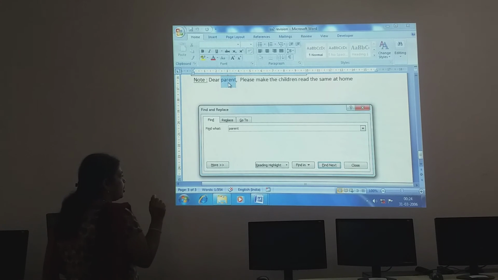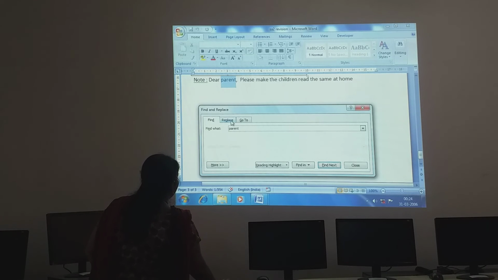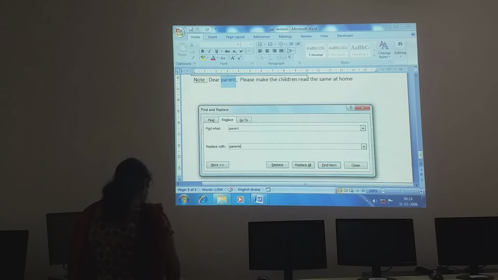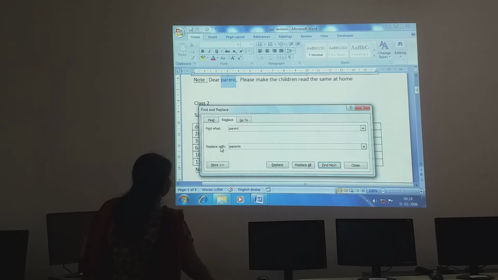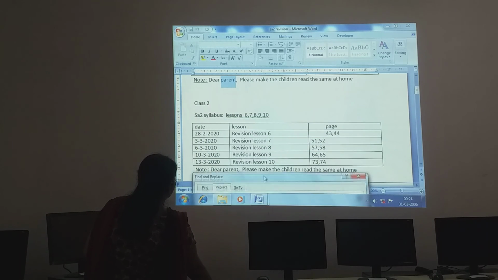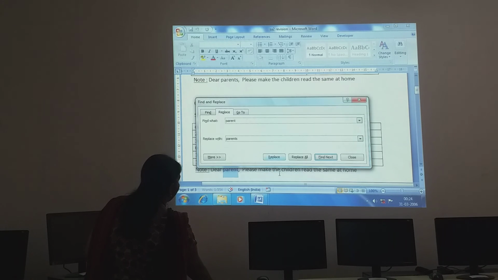I wanted to change it, so replace with parents, PARENTS. When I click enter and replace, see, observe here, children, this has been replaced with parents.